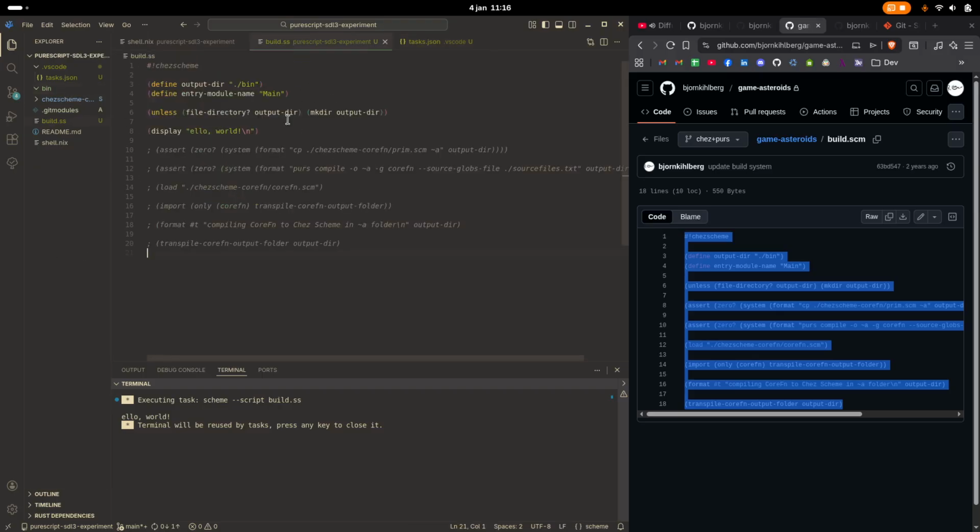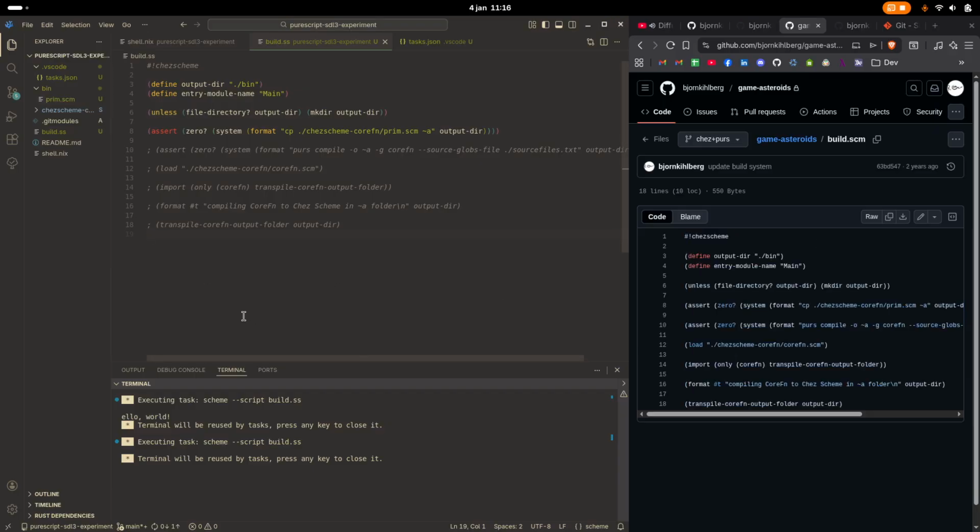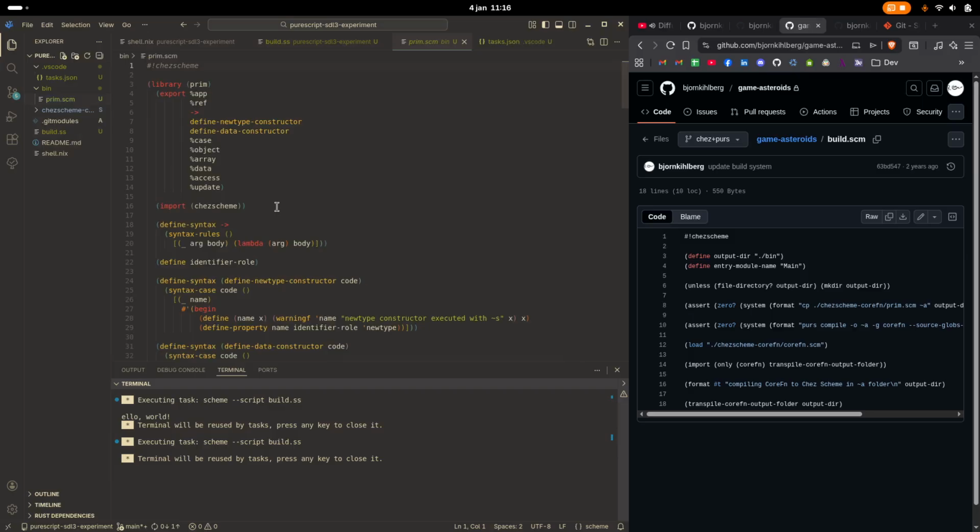Yeah, right, cool, and we got prim in there, good. So we're just going to use the default one. And we'll take a closer look at this. But this is basically primitive